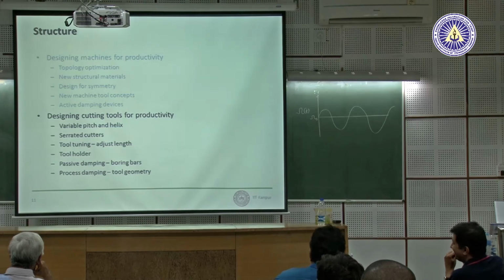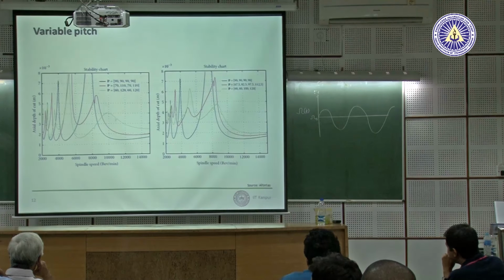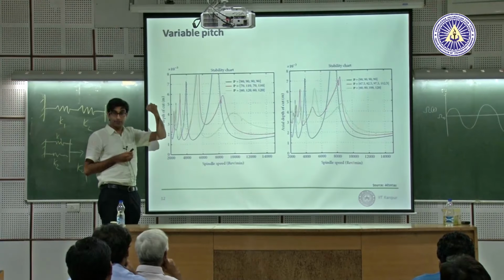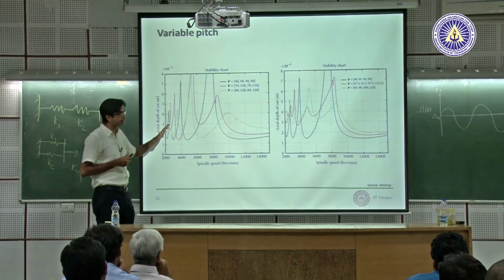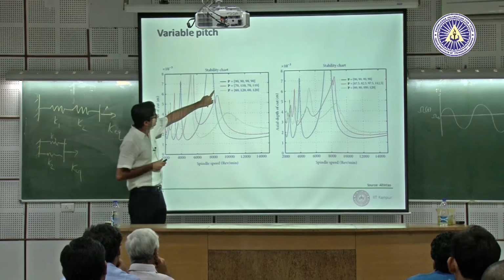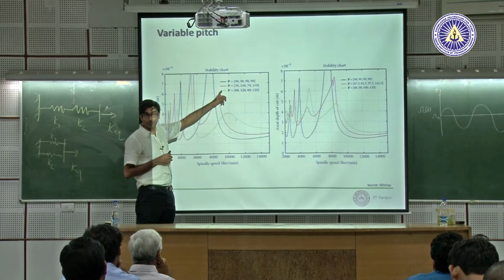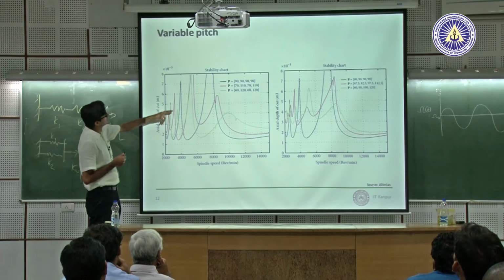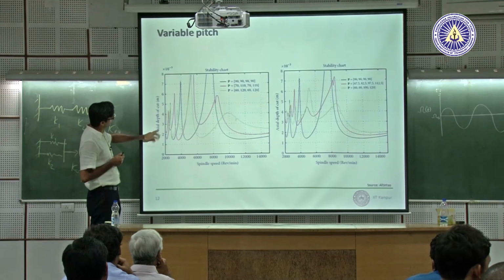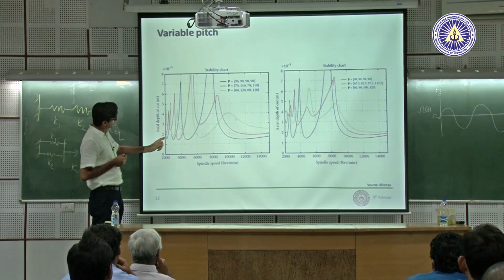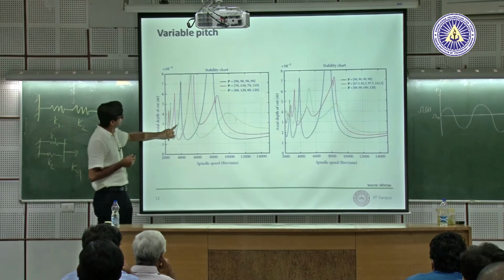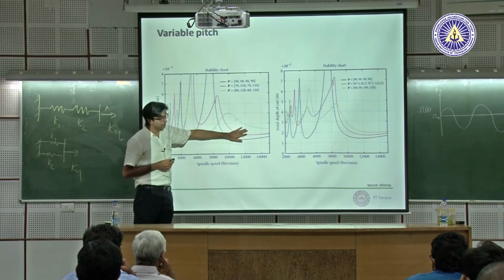No math, so we're keeping it nice pictures. Variable pitch you spoke about. We've seen stability lobes already. Black is uniform pitch, a 4 teeth cutter, 90, 90, 90, 90 degrees. If you change the pitch, alternating 70, 110, 70, 110, or alternating 60, 120, 60, 120 is green. You can see that boundaries shift. Sometimes a stable region becomes unstable. So it was stable here, now it has become unstable. But sometimes you get more stability.